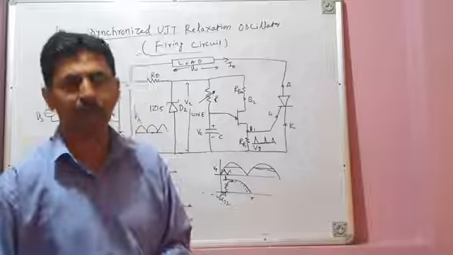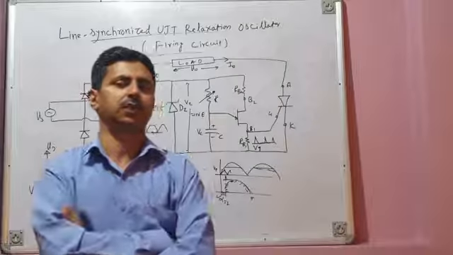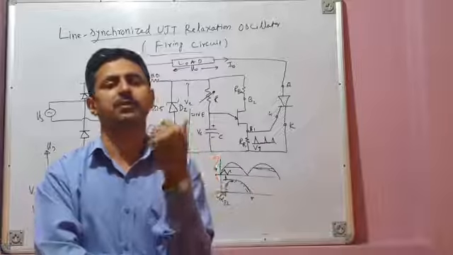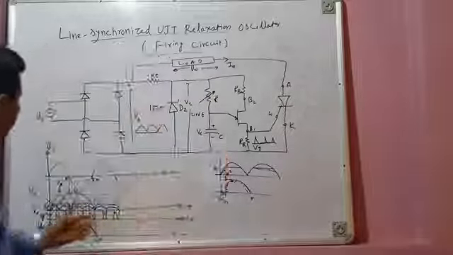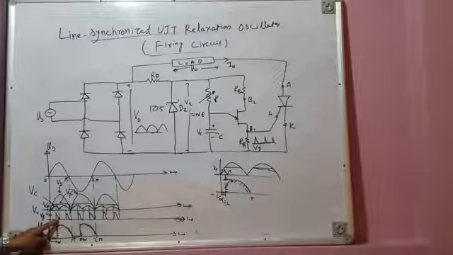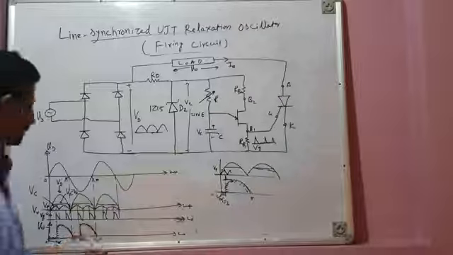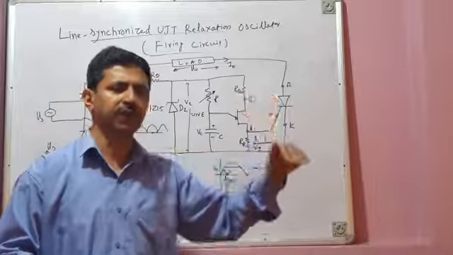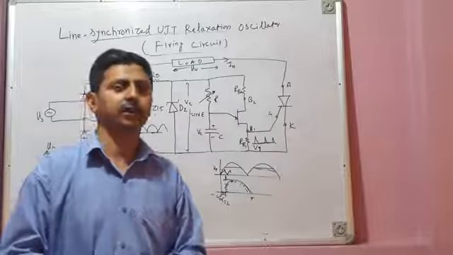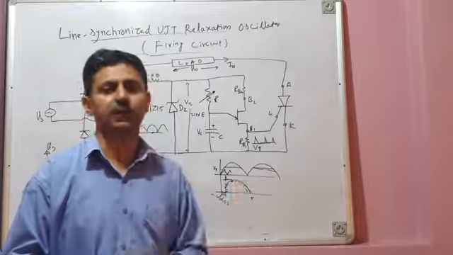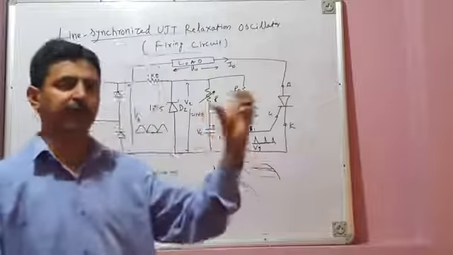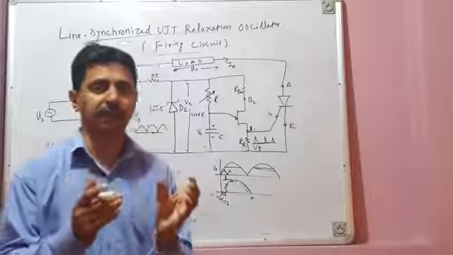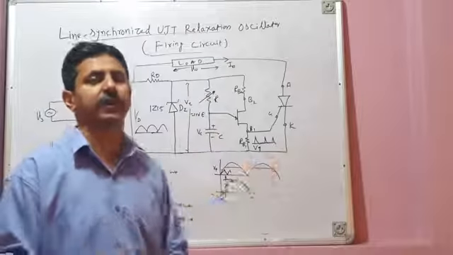So summarizing what we have learned in today's lecture, first of all, we were discussing gate pulse triggering. I told you gate pulse triggering is the best method of firing an SCR. Why is it the best method of firing an SCR? Because you are issuing short duration firing pulses. Firing pulse is there, SCR is triggered, and then firing pulse is gone. In AC and DC gate triggering, there is continuous flow of gate current even after the triggering of SCR, and that increases the gate power losses. Instead of continuous gate current, you should have a short duration gate current pulse. That is what is achieved in gate pulse triggering, and it's an efficient way of triggering an SCR.